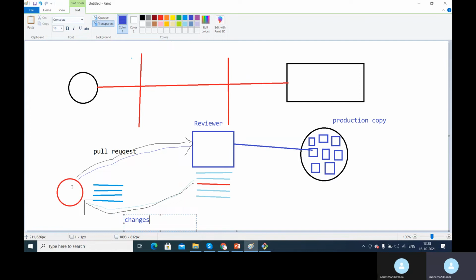The first thing I am doing right now is, I made Ganesh the reviewer. I'm submitting my code to him saying, this is the code that I have developed, please review it. He will review the request and ask me to make some suggestions on the code. I will make those suggestions, push that, and again send it for a review. This is what we are going to reproduce now.